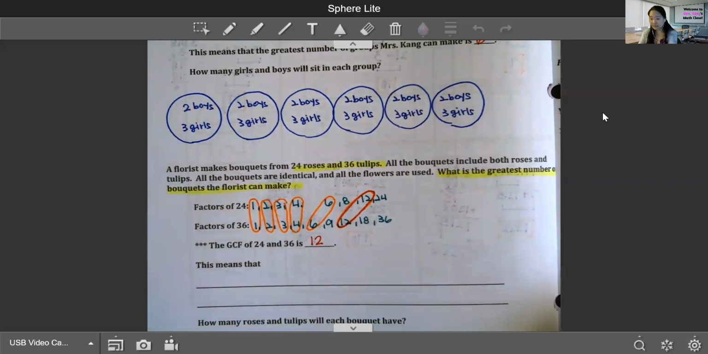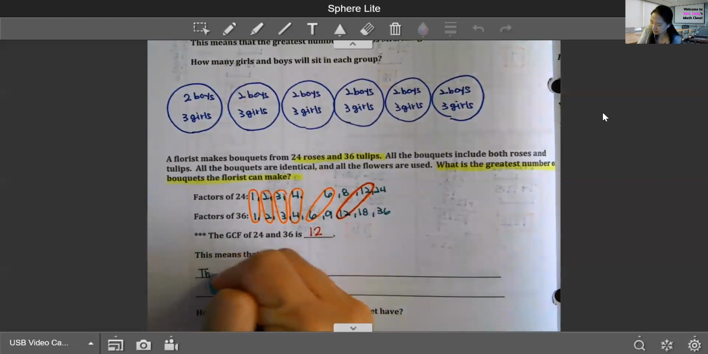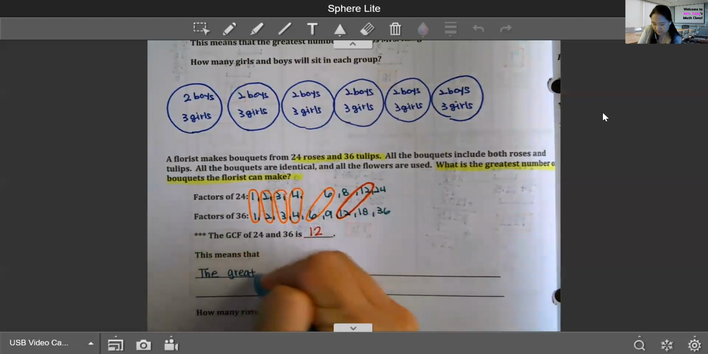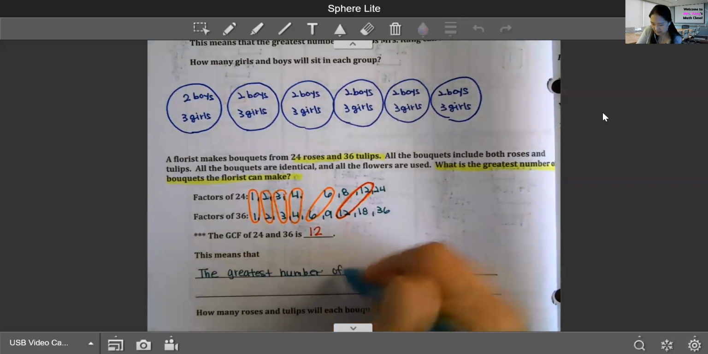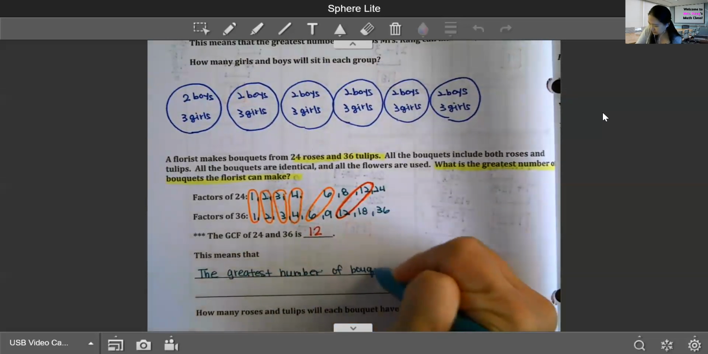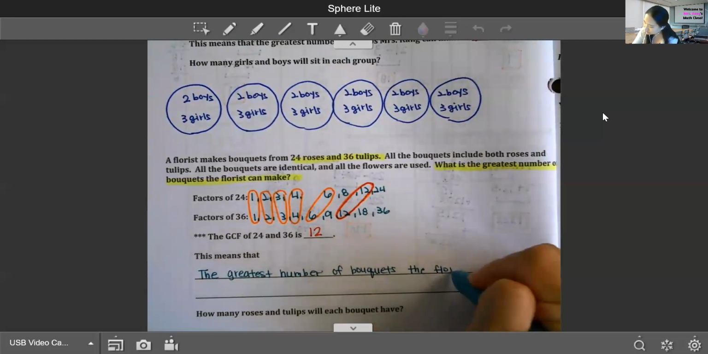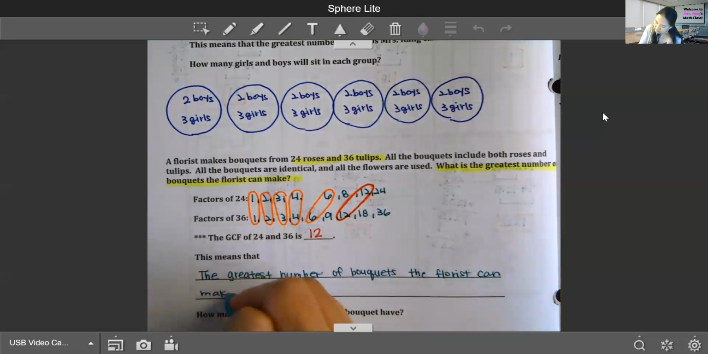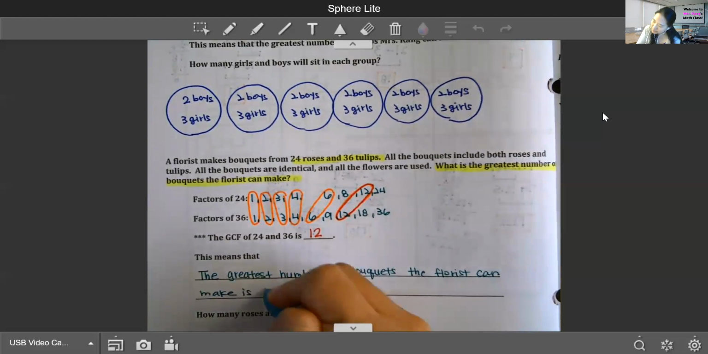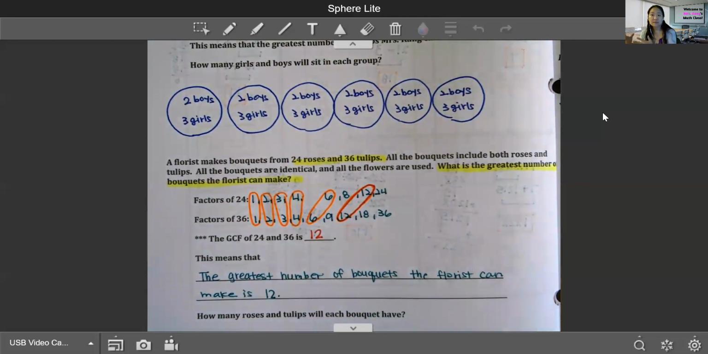Now, what's the meaning of it? This means that the greatest number of bouquets the florist can make is 12. You can make 12 bouquets. That's the biggest amount of bouquets the florist can make, making sure that they have the same number of roses